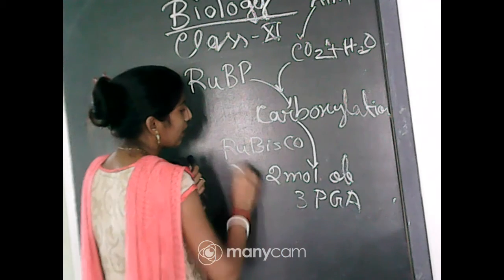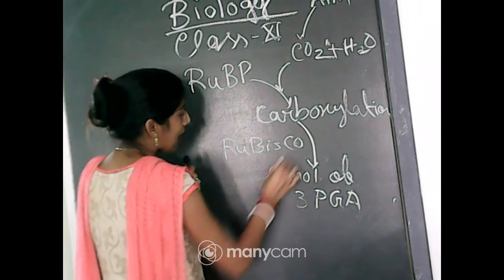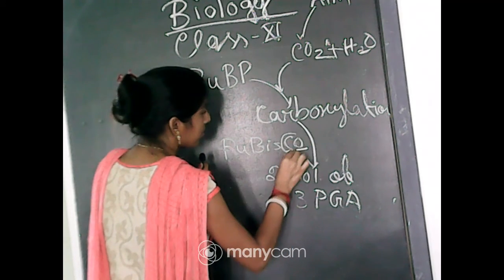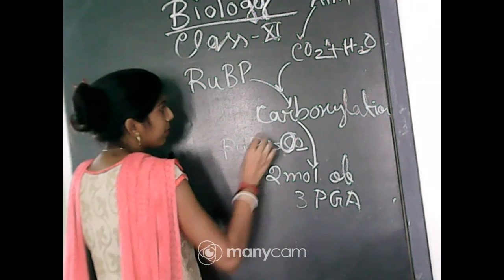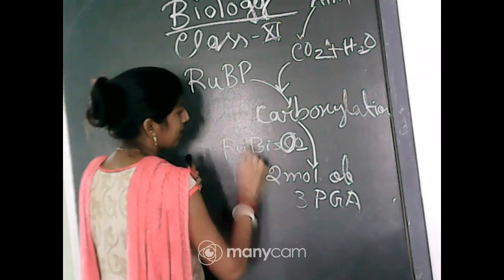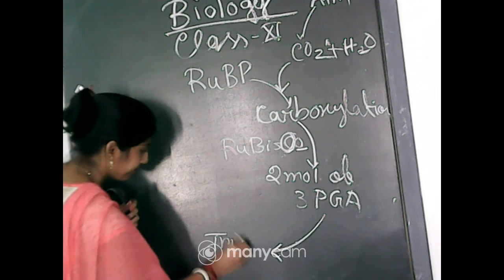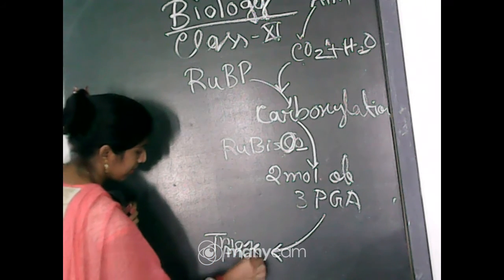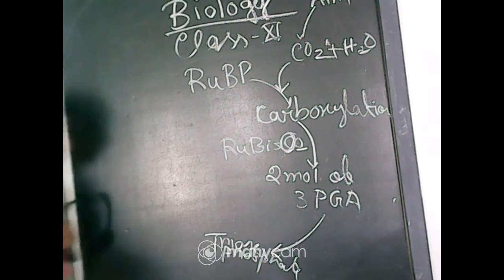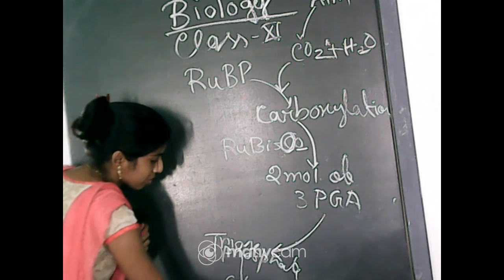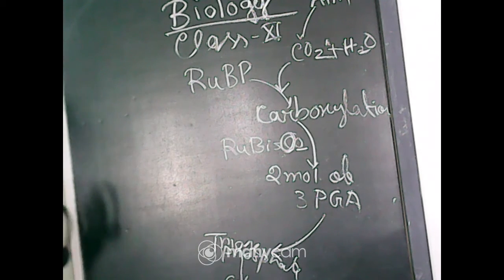The enzyme required is Rubisco, or we can call it RUBP carboxylase, because as I have mentioned, it has carboxylase and oxygenase activity, but this time it is working as carboxylase. Okay, because it is fixing the carbon dioxide, that's why you can write RUBP carboxylase. After that 3-PGA will be converted into a triose phosphate, and ultimately it will form carbohydrate or starch or glucose or sucrose.